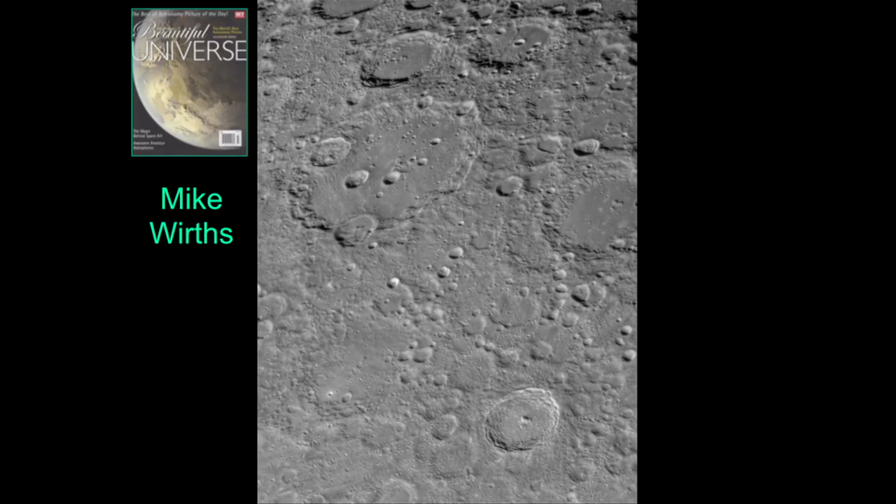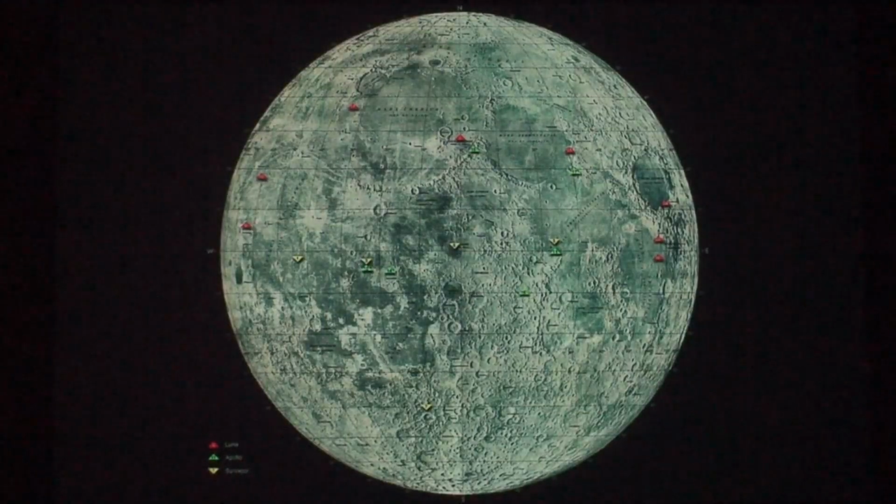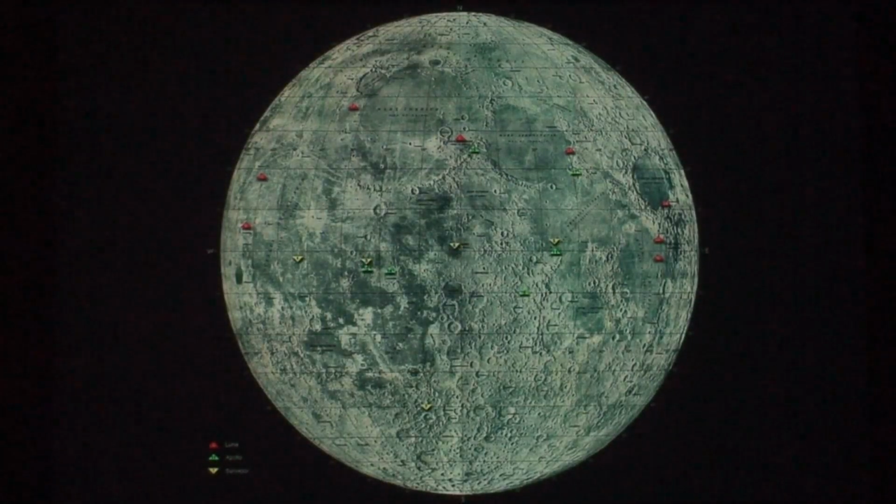So what we're going to do is we're going to start off the Beautiful Universe magazine. It's available now in chapters, and basically it's put out by Sky and Telescope magazine, and it's a showcase for really superlative astronomical images. All right. So if we go to the next slide, please. All right, so I put this map up here to show you. We'll start off. Mike's got 4 images. He's got 2 in the magazine, and we also managed to get 2 others, so this is really great.